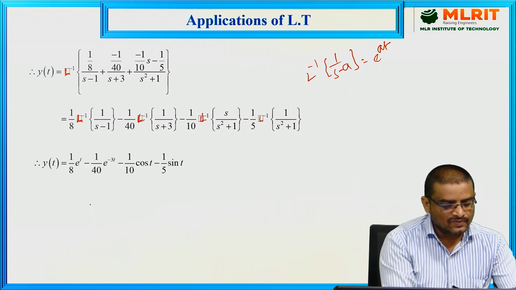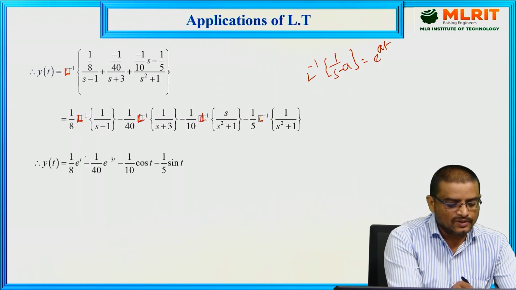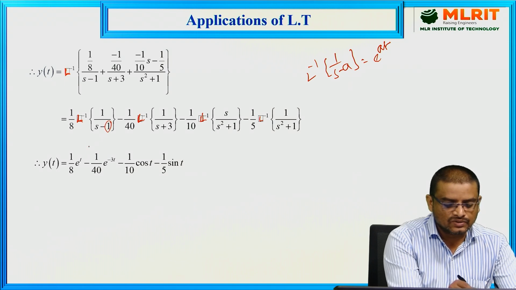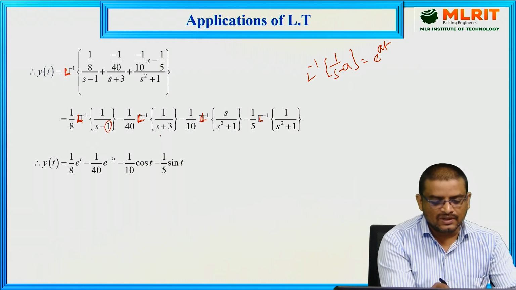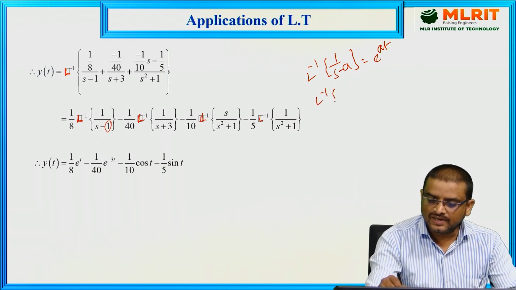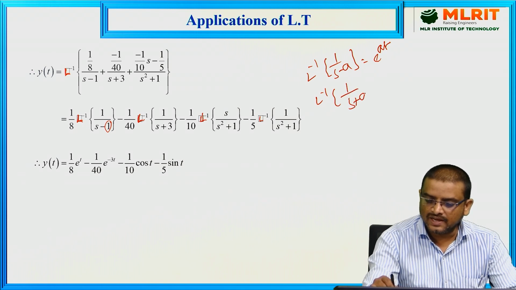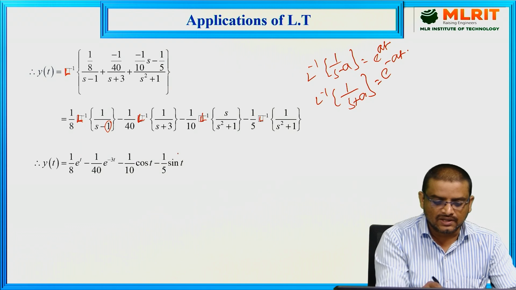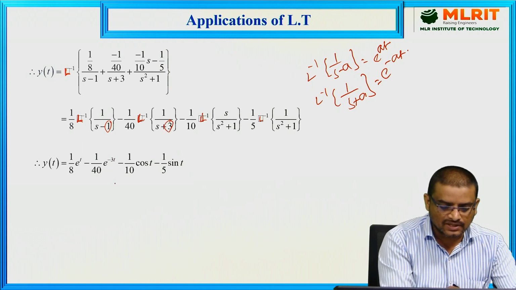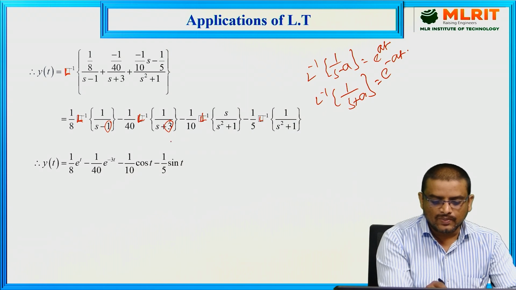So take that value 1 by 8 into e power a means 1, so e power t. And similarly this is also the same formula, L inverse of 1 by s plus a. So we can take this value as e power minus at. So here a is equal to 3, so we can take e power minus 3t, minus 1 by 10 into,